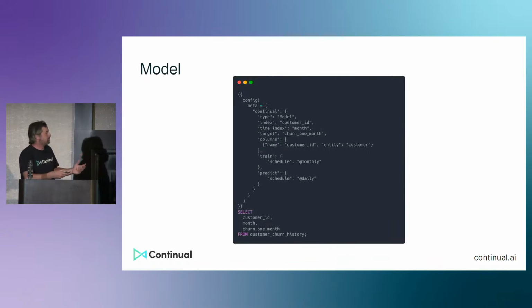We then have a model, a very similar idea, with a little bit more metadata here. I've got what my index is, customer ID, time index. I've got the target that I'm trying to predict, which is churn in 1 month. I've got a foreign key reference to my customer dimension, because we're going to automatically bring in all that data. So as you add features about your customers, we're going to know we need to update